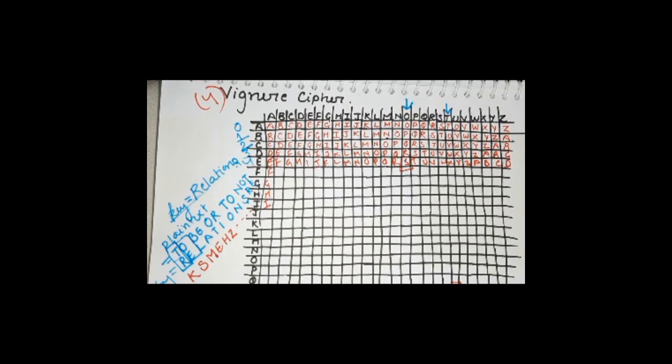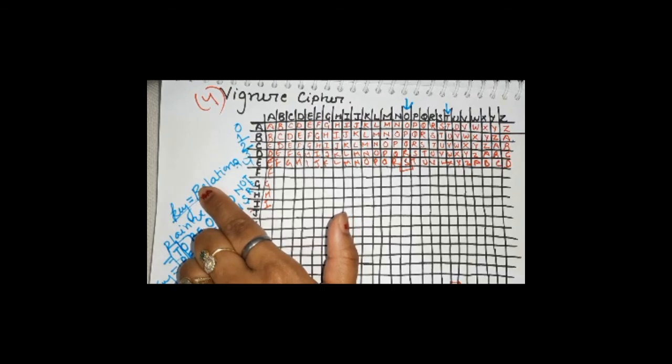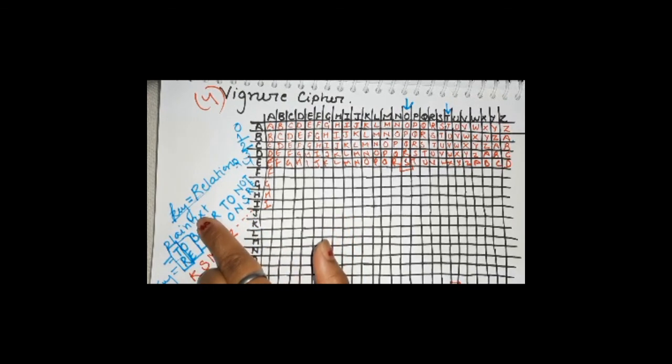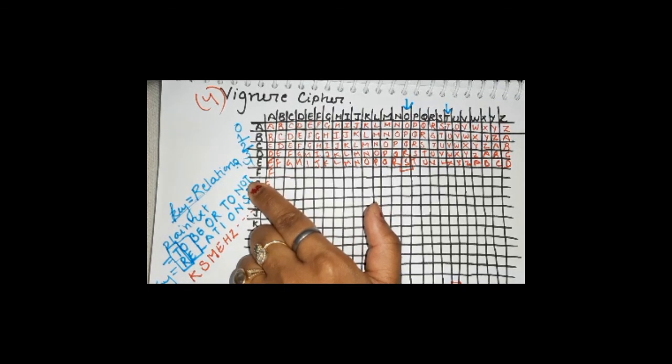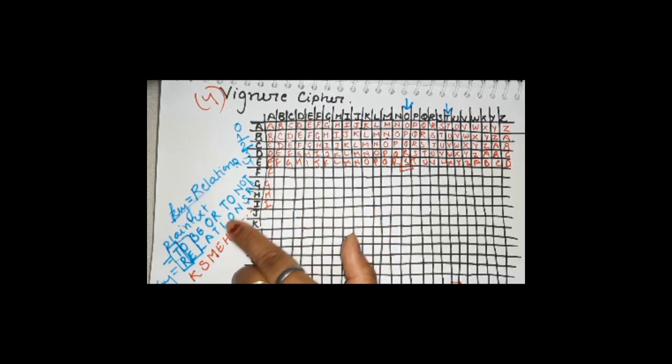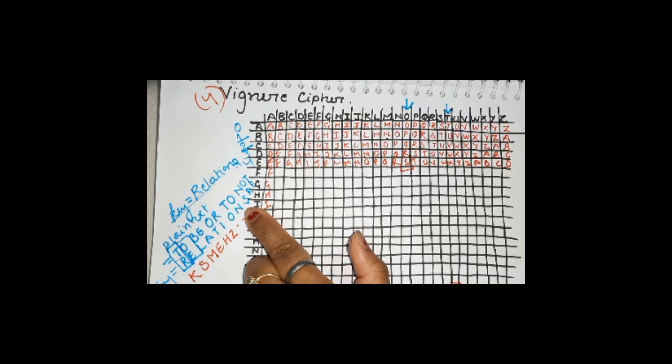Let me repeat once. When you're using the Vigenère cipher technique, you use the Vigenère table. You will be given the keyword in the form of a word. Whatever plain text you have, please write down that plain text clearly, and beneath that write down your keyword. Once you finish with the keyword and you're still left with plain text, please repeat the letters of the keyword again.